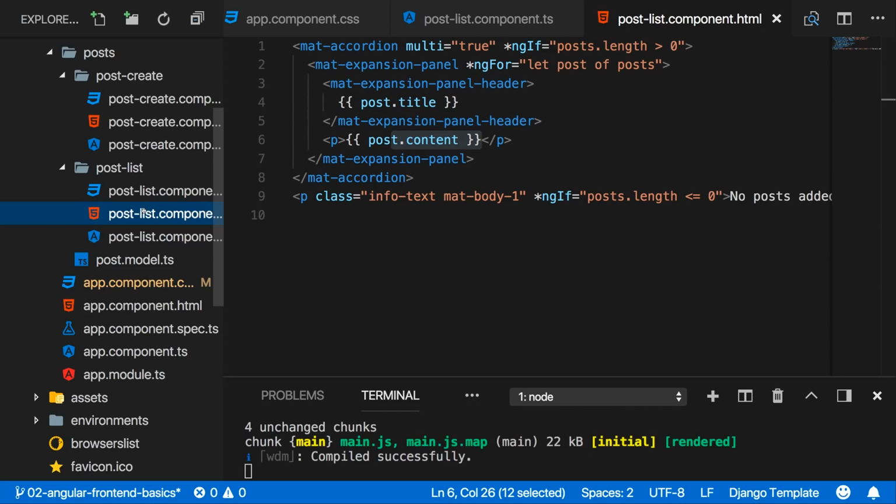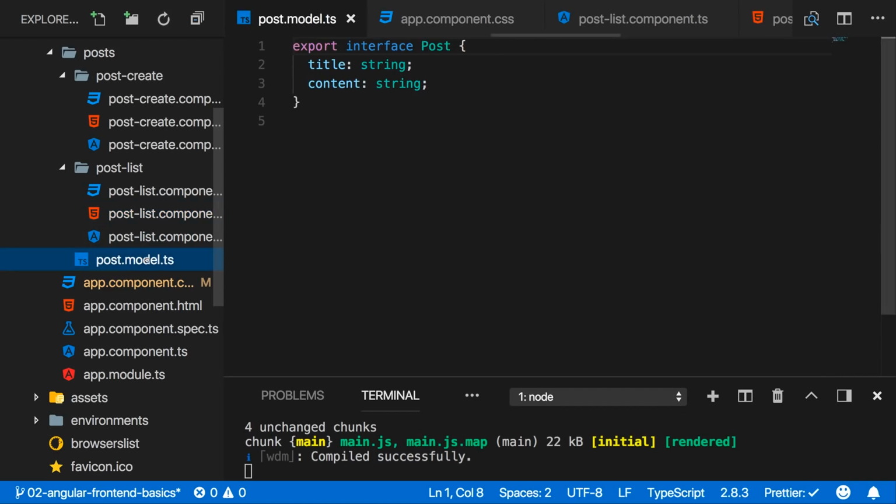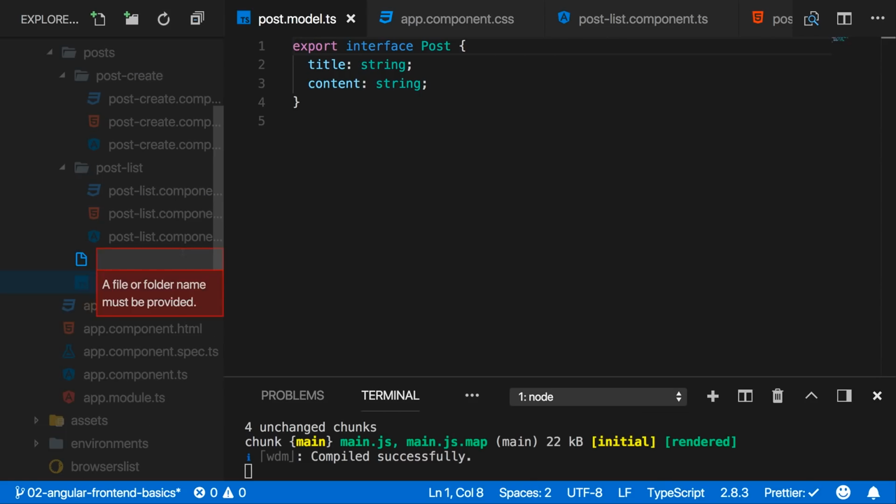A service is a class which you add to your Angular application, which you let Angular inject into components. I'll come back to what inject means. A service is able to centralize some tasks and provide easy access to data from within different components without property and event binding. I will create a posts service in the posts folder by creating a new file,